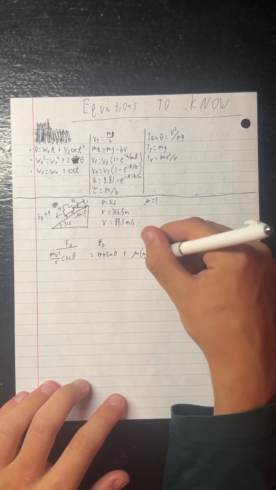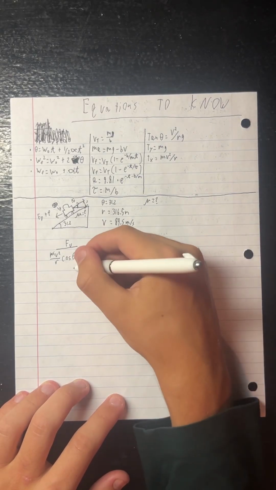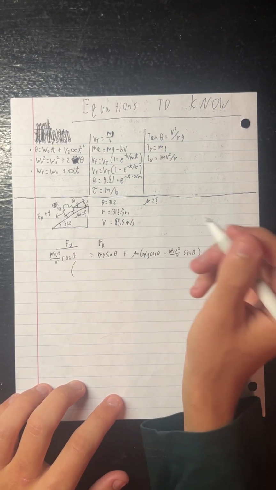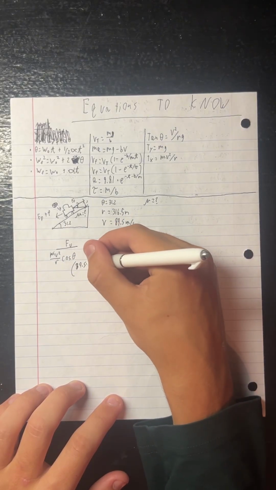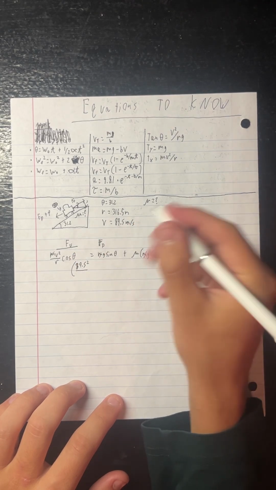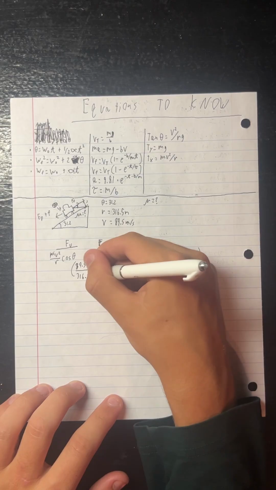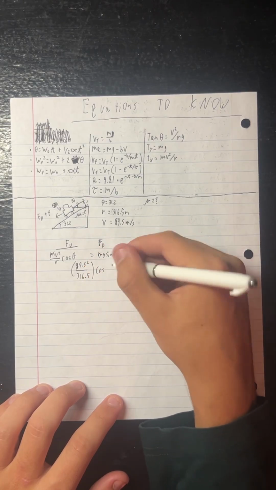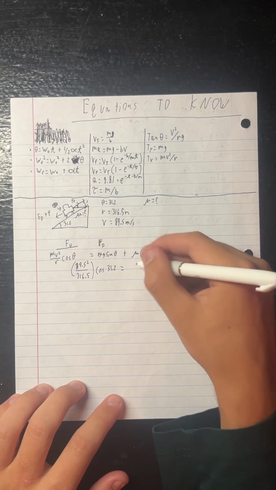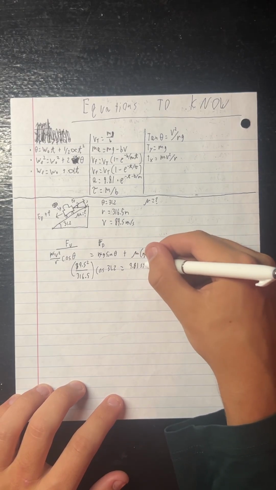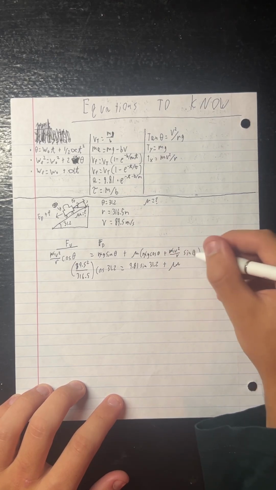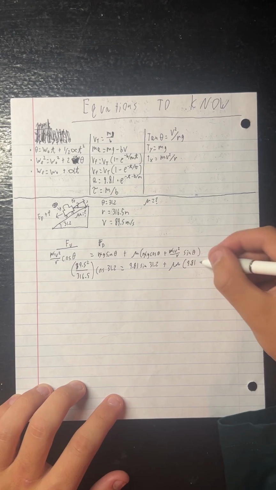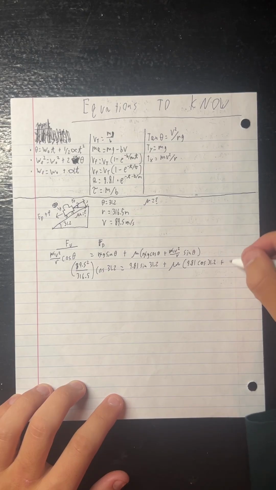We can cancel out all the m's and set up our equation as v squared, where v is given as 89.5, squared over r, which is 316.5, times cosine 31.2, equals 9.81 sine 31.2 plus friction, which is our x, times 9.81 cosine 31.2 plus